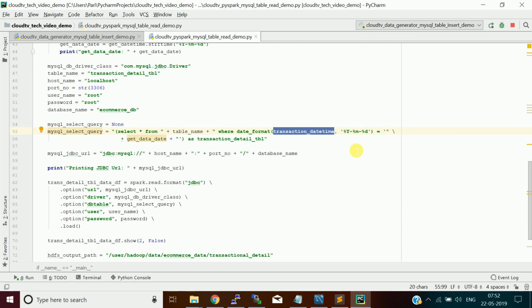Okay, basically YYYY-MM-DD, that format. Okay, equal to this date, which will also be in the same format, YYYY-MM-DD. So you just match. Whatever the date is matching, the records for that particular day I'm going to get,